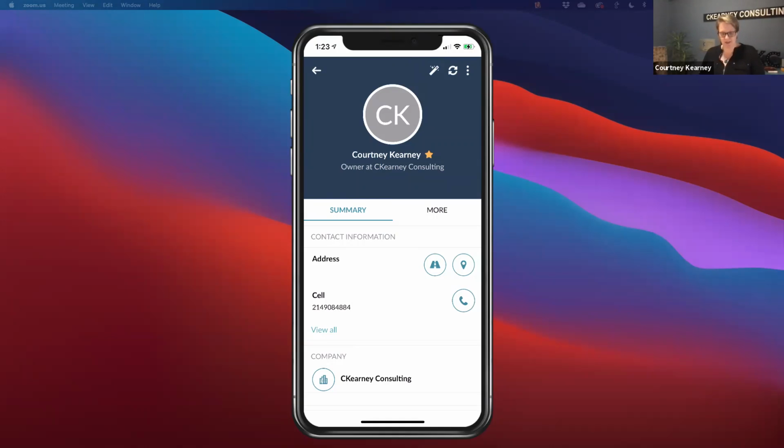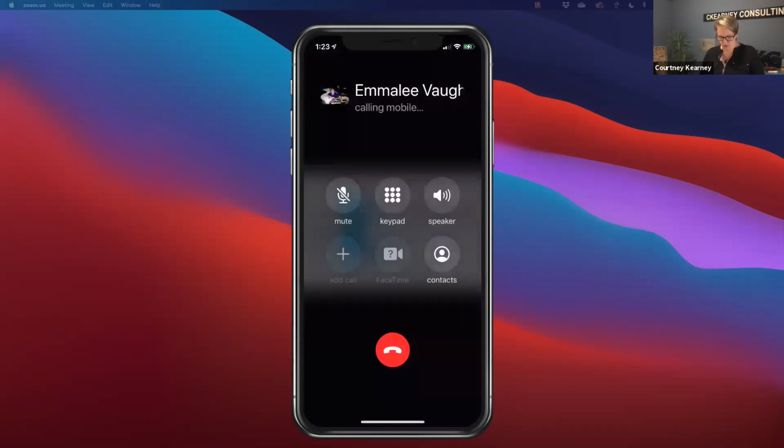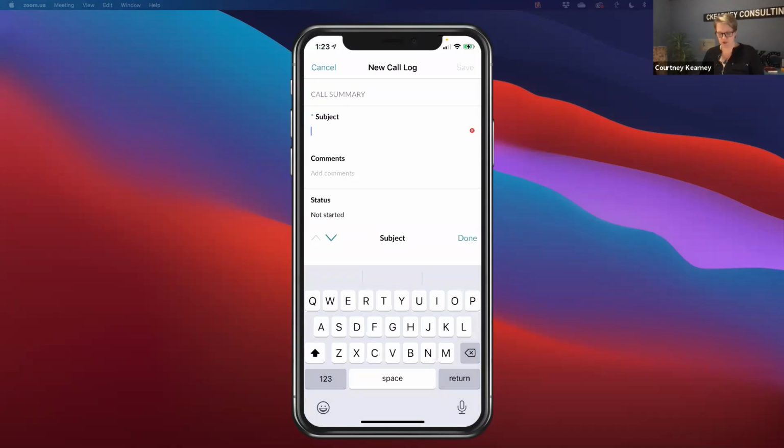So if I click this to make the phone call from the Cosential app, as soon as I hung up, a call log popped up. So this is the auto launch that I had mentioned before. You can put in a subject line. I just talked to Courtney. It was a riveting conversation with myself